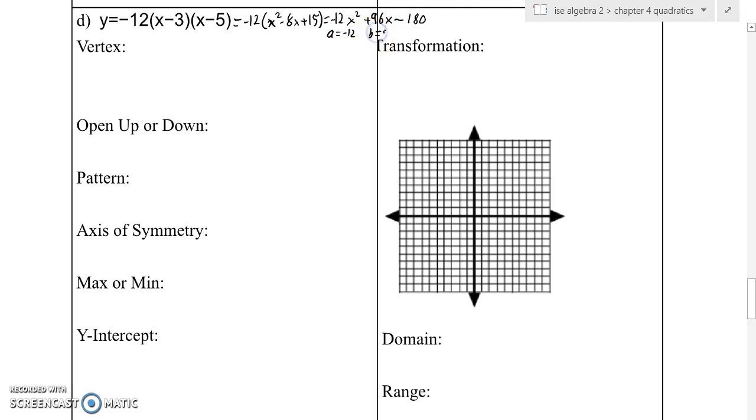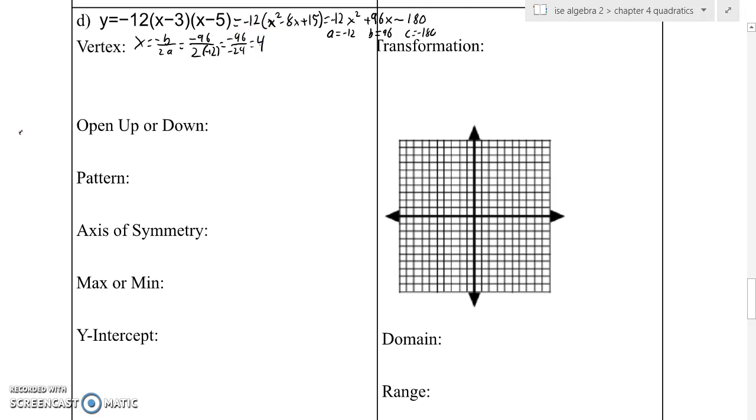Since we can now identify our A, B, and our C, x is the opposite of B over 2A, so the opposite of 96, divided by twice negative 12. So negative 96 divided by negative 24 is a positive